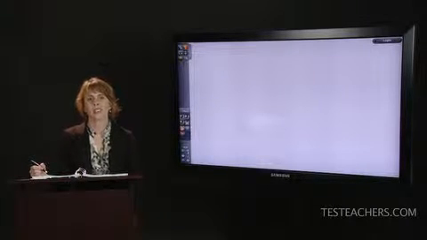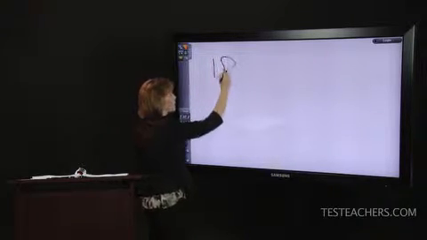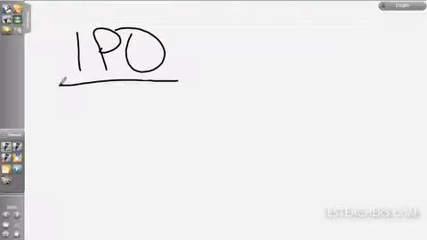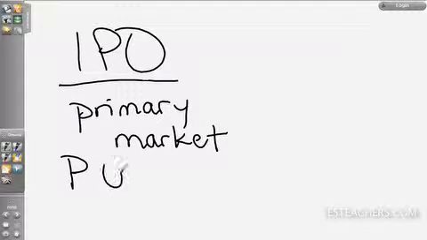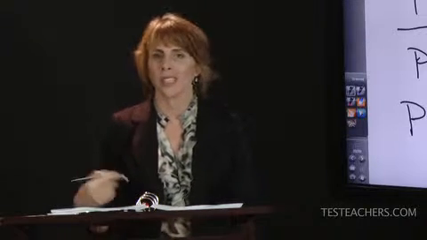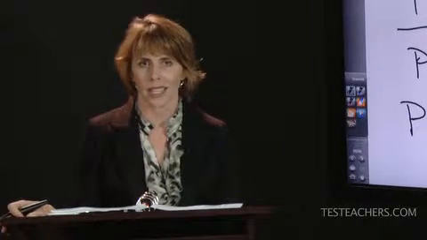When a corporation sells stock for the very first time, they do that in an IPO, an initial public offering. The shares are sold in the primary market at a fixed price. So this is familiar. We've talked about this before. Shares are sold at the public offering price. If you work for an investment banker that's taking a company public, you cannot buy those shares for yourself. You cannot sell those shares to your immediate family members. It's called an IPO for a reason. Those shares are sold to the general public.